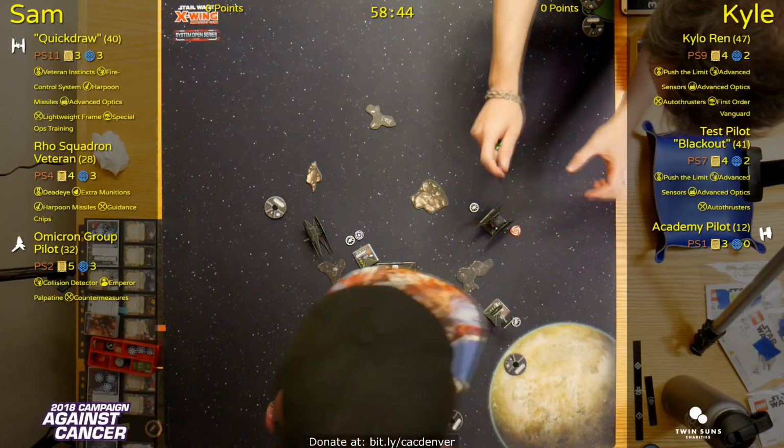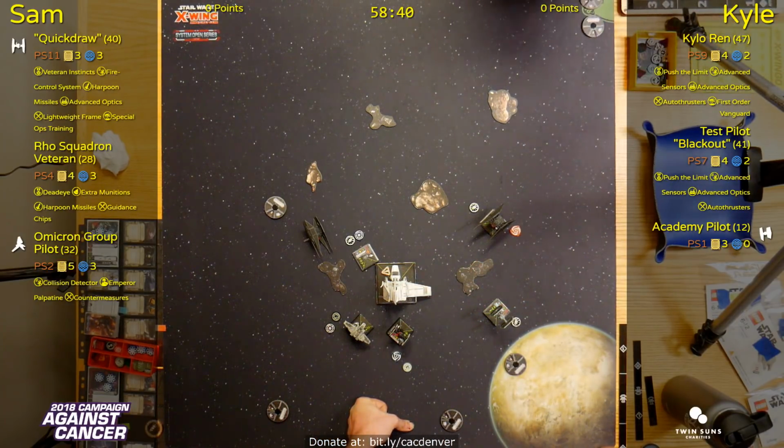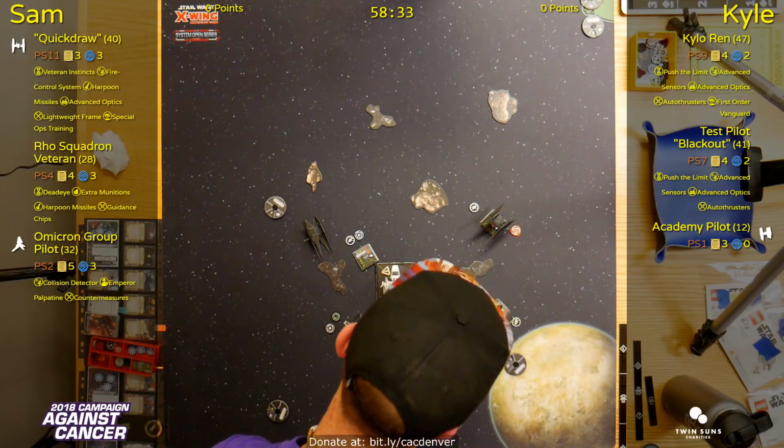Yeah, so they're trying to decide right now if these ships are square onto each other, what the closest point is. So remember, if they are square onto each other, then the attacker gets to pick the points. While they're deciding, a reminder,